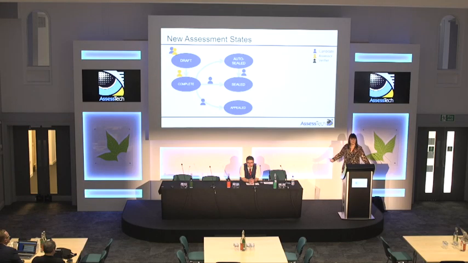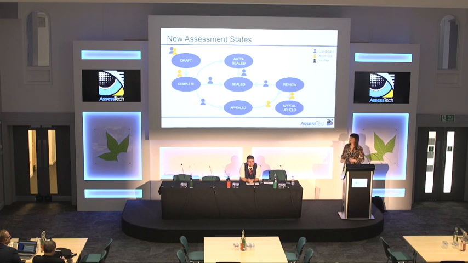On the system today, this is called objection, but this language is more in line with what we teach when we do MVQs and assessor awards and things. So they can put it in the appealed state, which stops the auto-sealed timer from ticking, if that makes sense. Now, when it's in the appealed state, the assessor has to pick it up and put it in the review state. The idea being, at this point in time, the assessor and the candidate can have a conversation and hopefully resolve their issues. So either the candidate can agree that the objection was a bit silly, or the appeal was a bit silly, and seal the assessment,